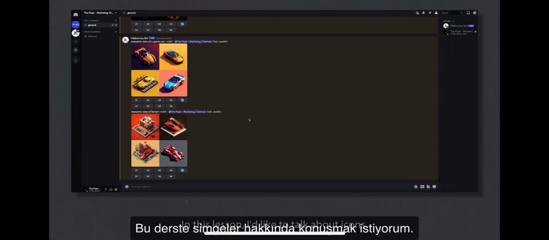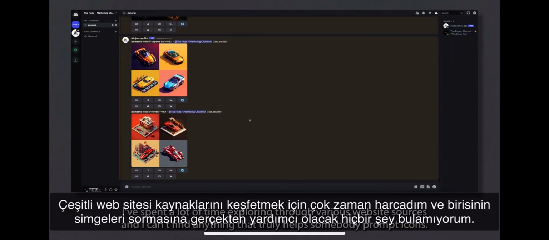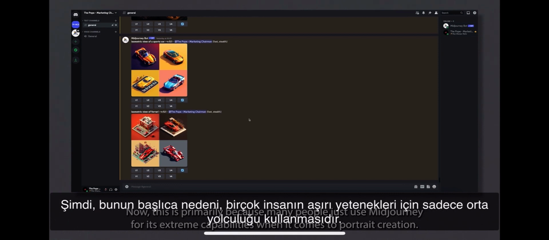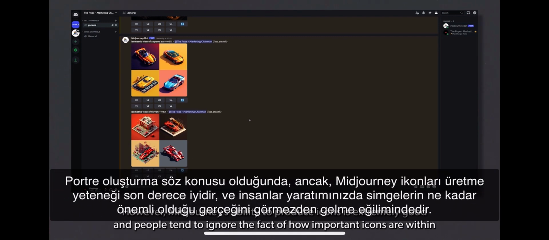In this lesson, I'd like to talk about icons. I've spent a lot of time exploring various website sources and I can't find anything that truly helps somebody prompt icons. This is primarily because many people just use Midjourney for its extreme capabilities when it comes to portrait creation. However, Midjourney's ability to produce icons is extremely good, and people tend to ignore